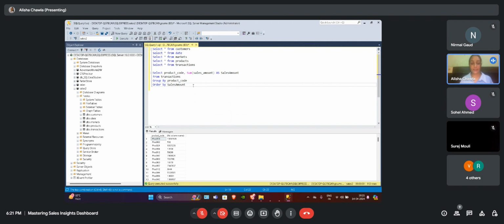We want to see the highest number first, so we can use the descending order. By default it is ascending order, so if you do not use the desc word, it will be sorted in ascending order. So here is our sales amount grouped by each product. Understood till here?